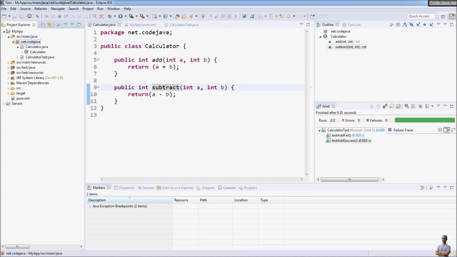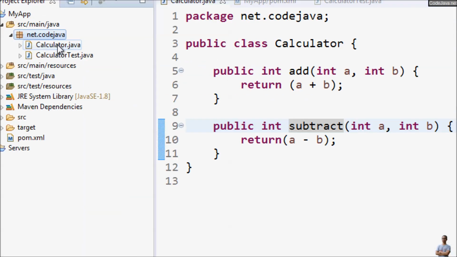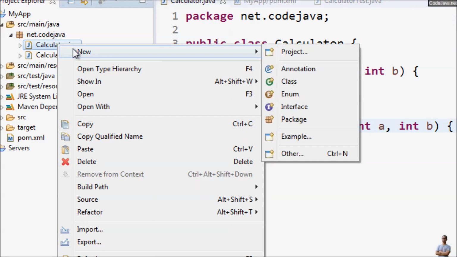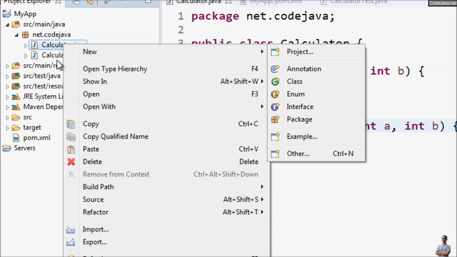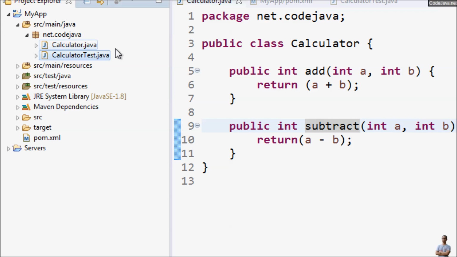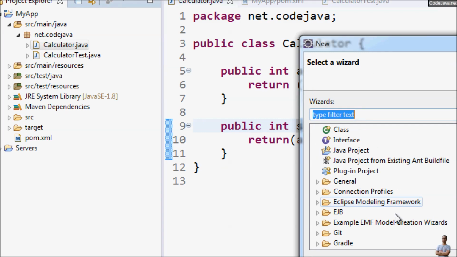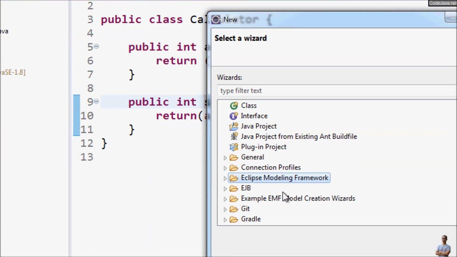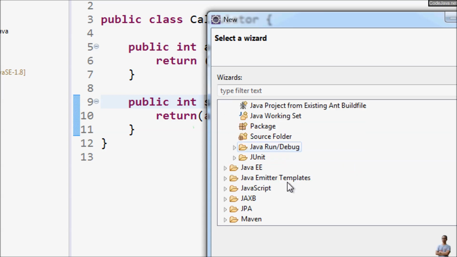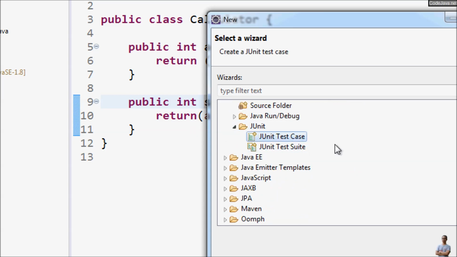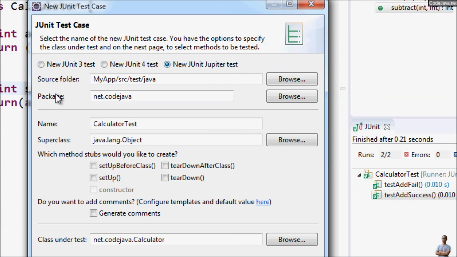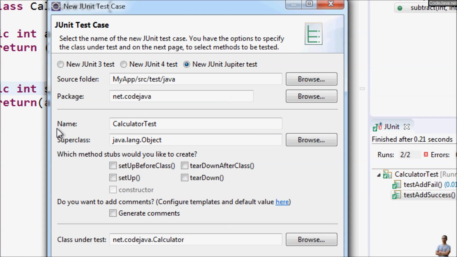You can also right click on a class to create a test class here. Right click on Calculator, New, Other, and choose JUnit 5 from here, JUnit Test Case, Next. And you can see it automatically suggests the name of the test class, CalculatorTest,